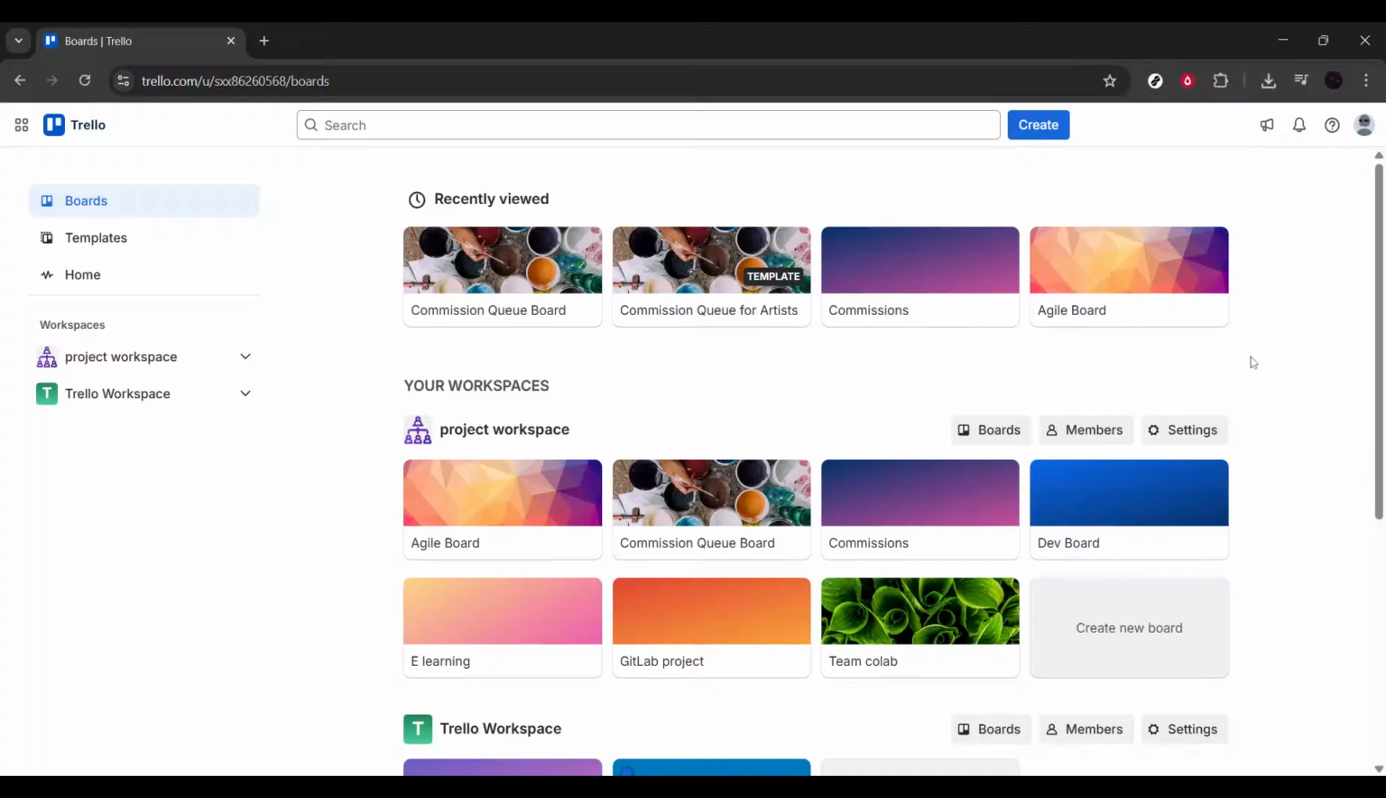In today's video, I'm going to show you exactly how to set up a commission queue using Trello so you can organize clients, track progress, and never miss a deadline again. Whether you're an artist, designer, writer, or freelancer, having a clear commission workflow makes you look more professional and saves hours of back and forth. By the end of this video, you'll have a fully functional Trello board managing your entire commission process from inquiry